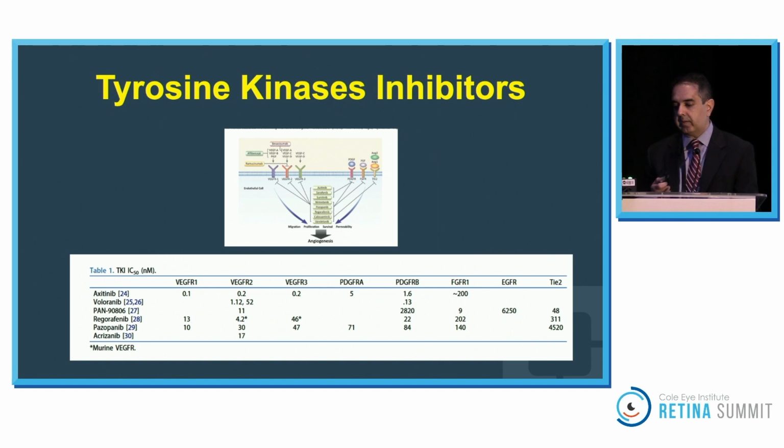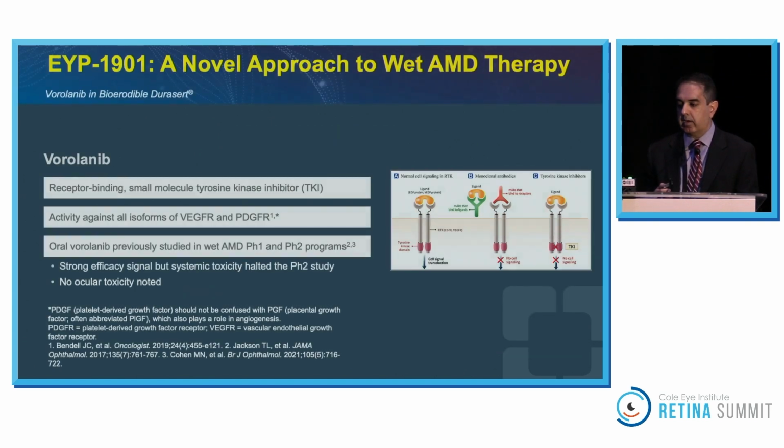And you can see that both axitinib and vorolanib have really good potencies at VEGF receptor 2 without any Tie2 activity at clinically relevant doses. You don't want to inhibit the Tie2. You want a Tie2 agonist in this case in order to prevent downstream effects. And therefore, these drugs don't affect that. Vorolanib was the first